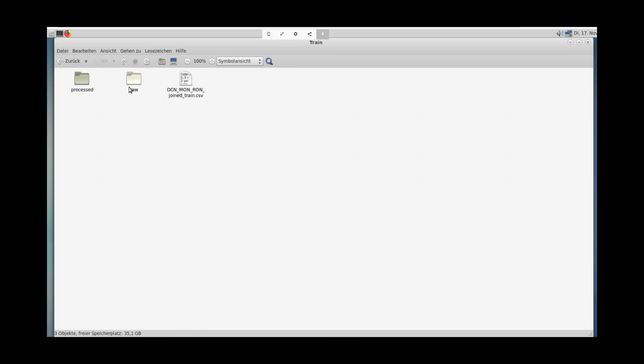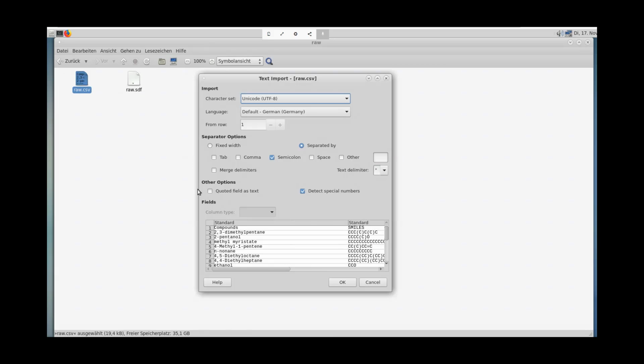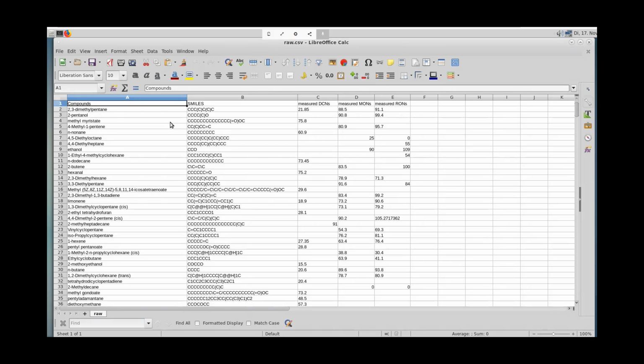And all the data sets are stored in the raw folders as a CSV file, and within the CSV file we can see the different molecular compounds, the corresponding SMILES strings, and also the assigned property values. So here the DCNs, the MONs, and the RONs. So going back